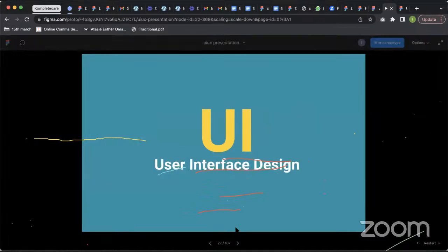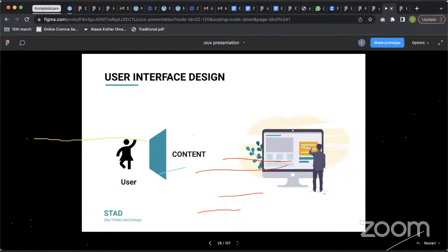So let's start with user interface design. So I like to give this example because, can you hear me? I can hear you. Okay, just a minute. If you know you are writing on this board, clean it ASAP, like now. Because what's all this? If you know you're writing on this board, clean it ASAP. Please continue, Ifnaya. Okay, thank you.